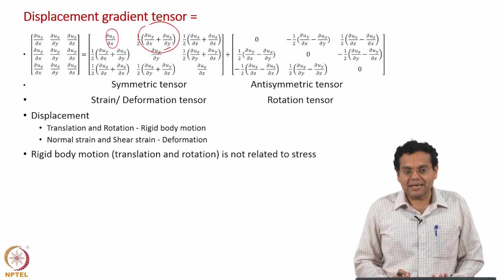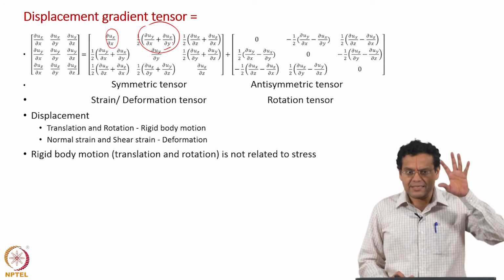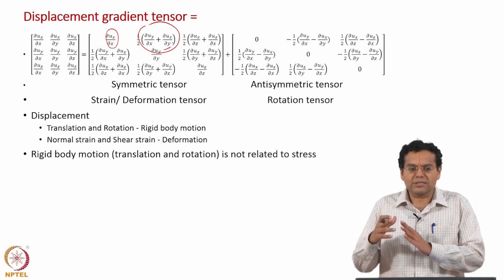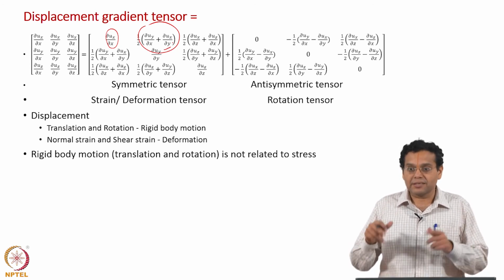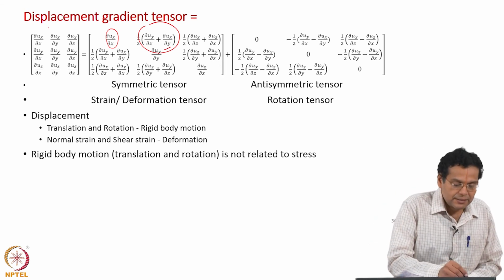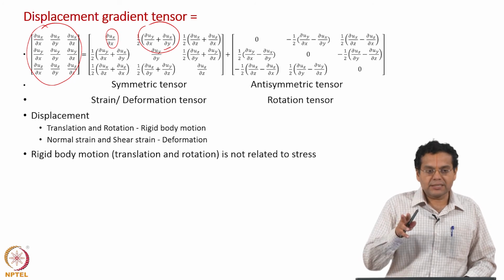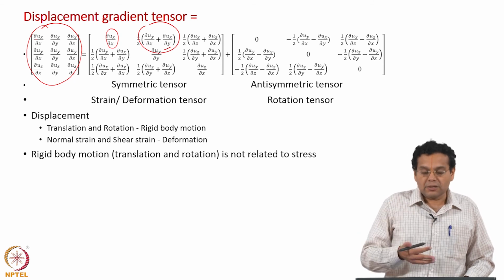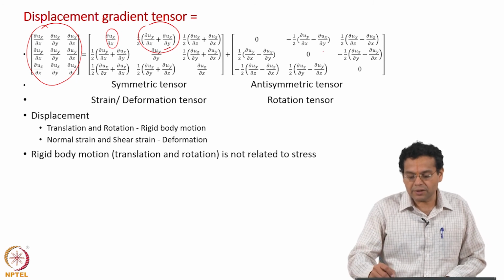that is exactly what is happening. So, physically, intuitively we can understand, and mathematically also we can say, that the stress is related to the strain part only, but not to translation and rotation. Translation we have taken care of, but we have to take care of rotation. That is why we separated; see, this tensor on the left hand side includes rotation, normal strain, shear strain. Based on the discussion, the stress is not to be related to the rotation. So, we will have to take out this rotation part, and that is what we have done now.